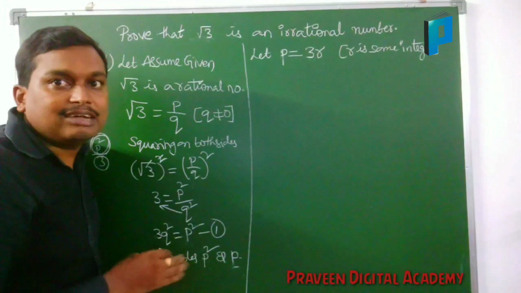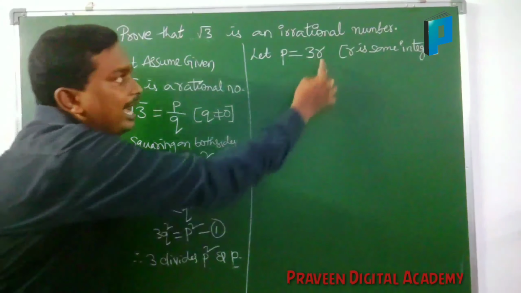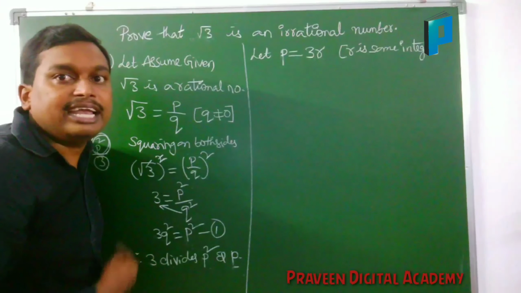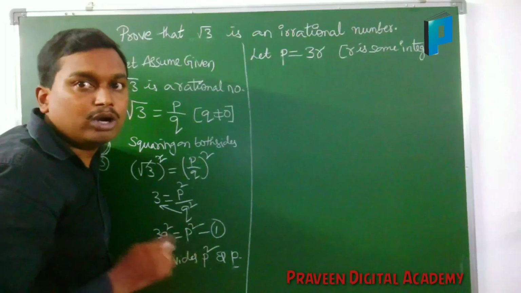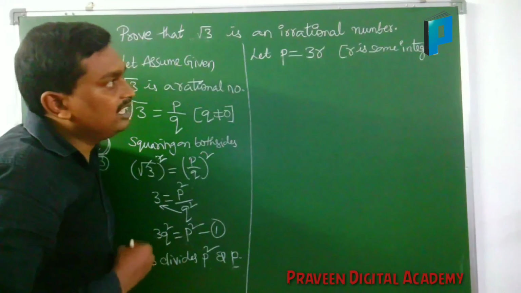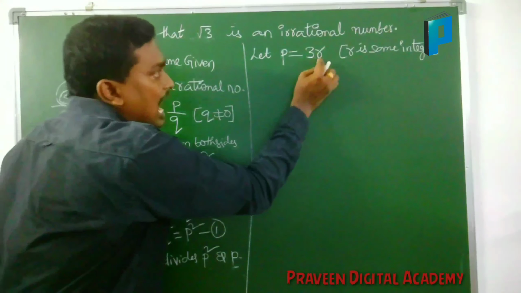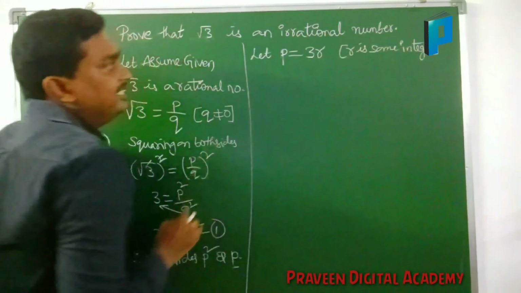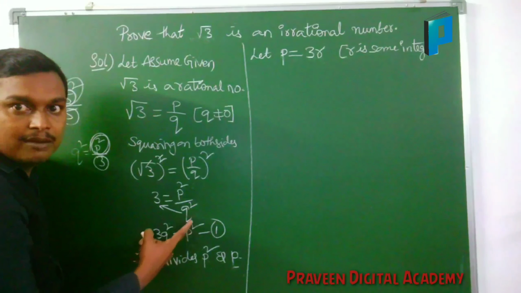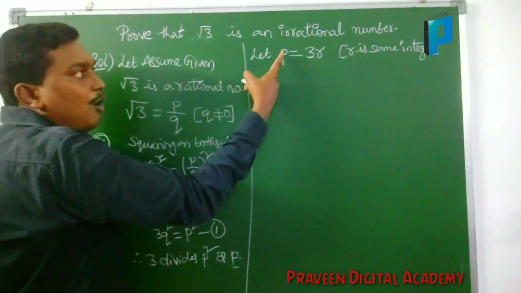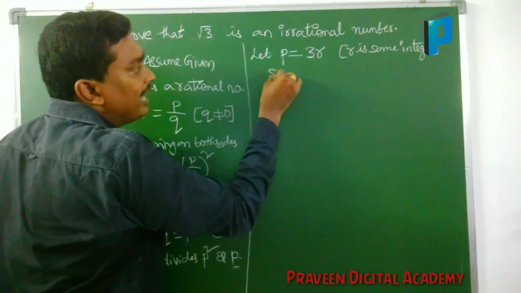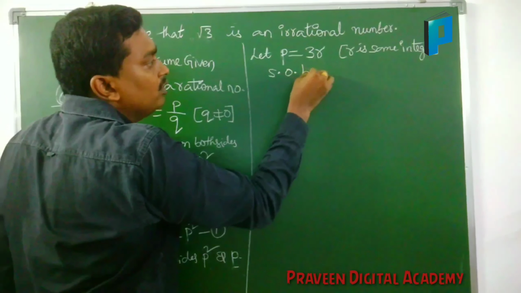1, 2, 3, like that. Some value. I am not keeping a value here. I am keeping r. It does not mean you have to assume it as r only. You can take it as a, b, c, m, d, whatever you want. Whatever you take, it has to be an integer. Here r is some integer I am taking. Here we have P. But what we have here is P square. So when will this P become P square? While you are doing squaring on both sides.